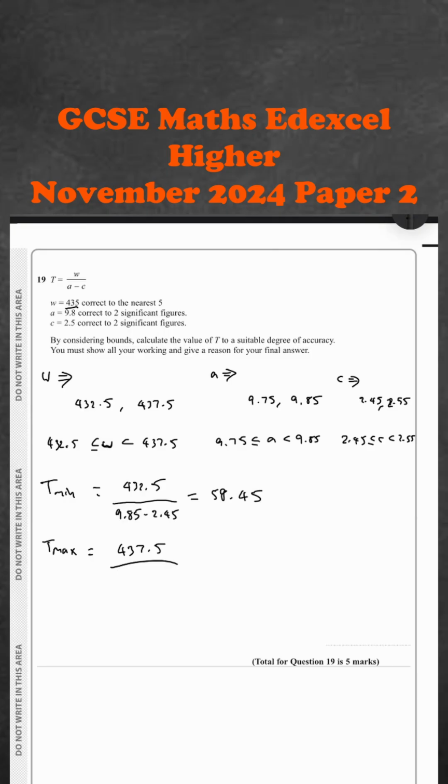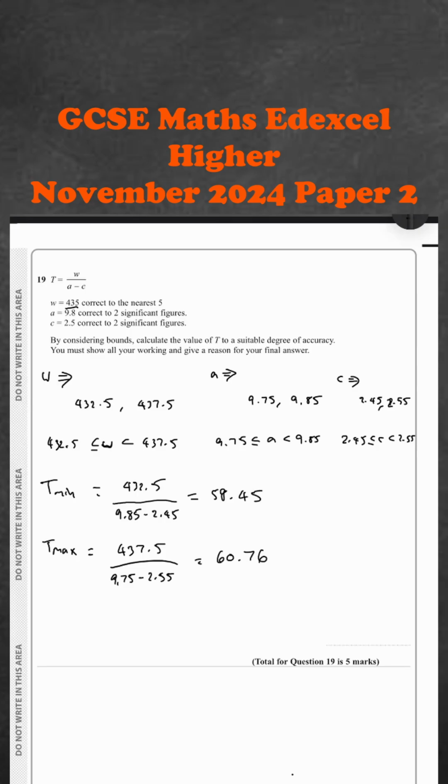T maximum needs to be when W is as big as possible, 437.5. And when A minus C is as small as possible, which means A needs to be as small as possible, so 9.75, and we need to subtract away the bigger number this time, 2.55. Again, I'll do this on my calculator. 9.75 minus 2.55, 437.5 divided by that, I get